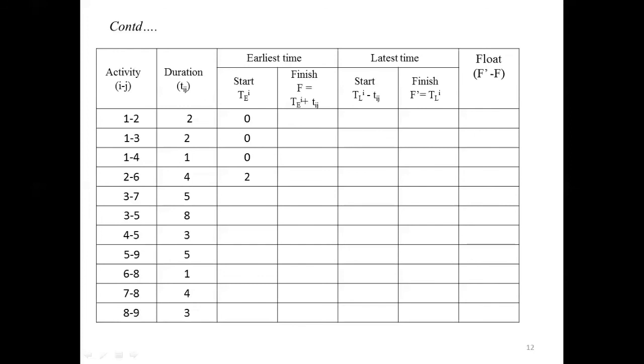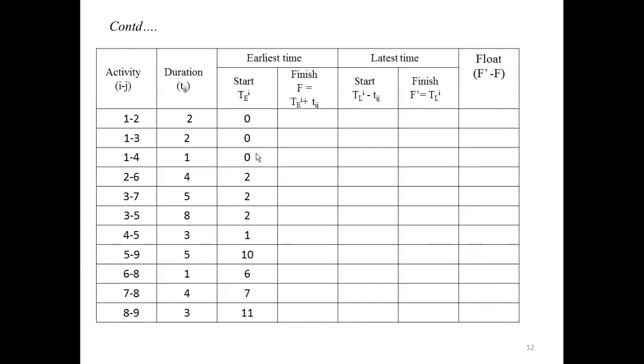Then we have to write 2, that is the corresponding node in the network diagram, we have 2 in the square block. For node 3, we have 2. Whatever values you write in this column correspond to the square block of the initial node, or what we call the starting node. For activities 4-5, the starting node is 4, so you have to write 1. Similarly, for other activities, you will get 11.